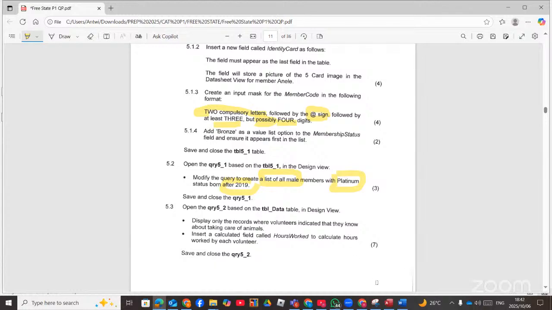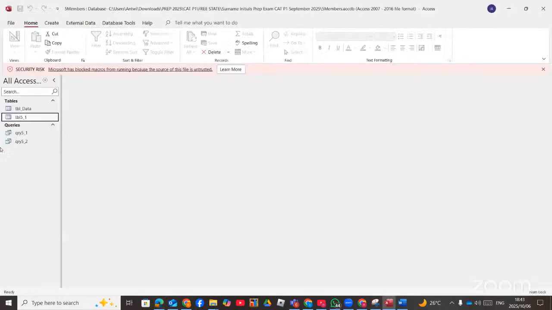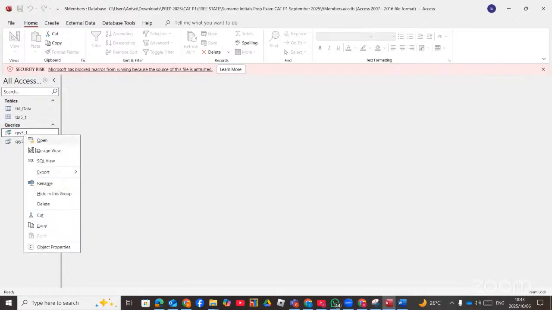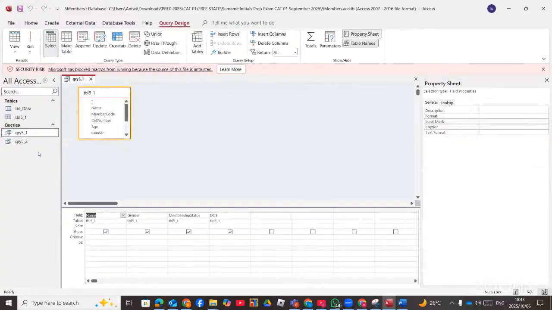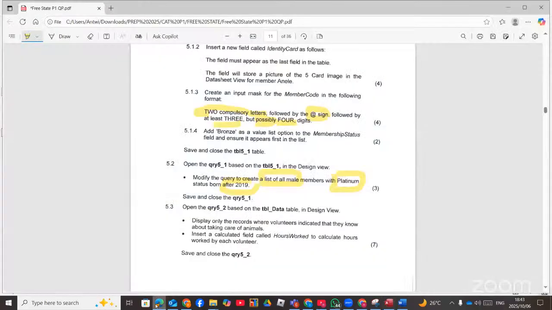Now, let's check it. I just click on no, but then in examination, just click on yes. You must save every work. So you right click and then choose design view. Now, the query to create a list of all male members with platinum status born after. So here,